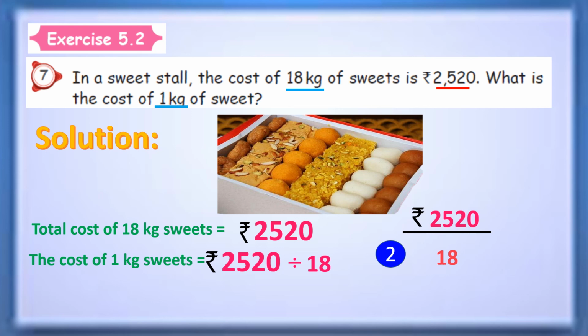Both numerator and denominator end with even numbers. So I have selected 2 as a common table, right? So here I am going to cancel with the 9. 2 9s are 18. Then at the top, 126, right? If you multiply with the 2, that means 126 into 2, you will get 252. Just check it once more. Then one more 0 is left here. Just join with that. Okay.